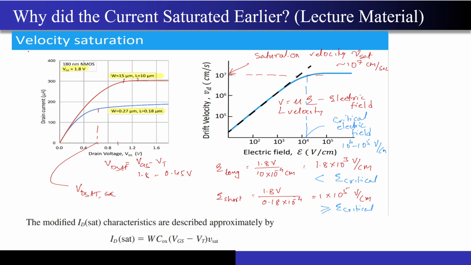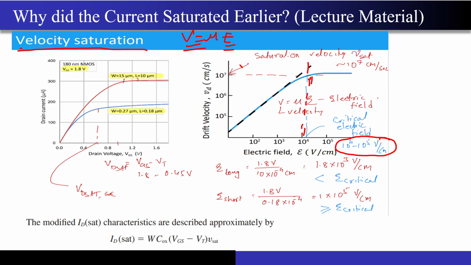Now there is a phenomenon that we studied when looking at the drift current in a semiconductor, called velocity saturation. So what is this velocity saturation? We have looked at this curve. We know this equation, v is equal to mu E. The velocity is proportional to the electric field, but it only holds true up to a certain value of electric field. This value is called the critical electric field, which is between 10 to the power 4 and 10 to the power 5 volts per centimeter. Now what happens if you go beyond this value?